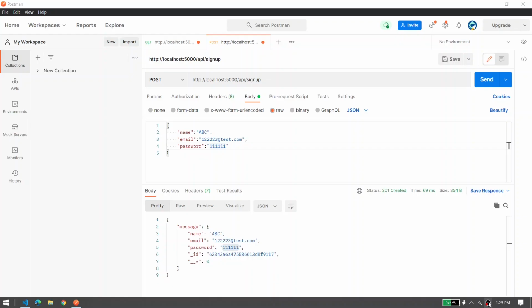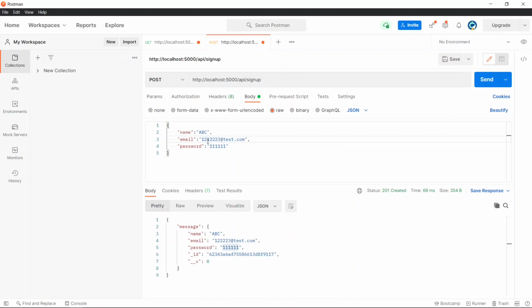Before moving ahead to the login route, we can see that we are storing the same password in the database which we are receiving from the request.body. If I send a new sign up request and click on send, you can see we are getting the same password which we are receiving from the user. But it's not a good option if, by chance, our database is hacked. We will be exposing every detail of the user, including the password, to the hacker,